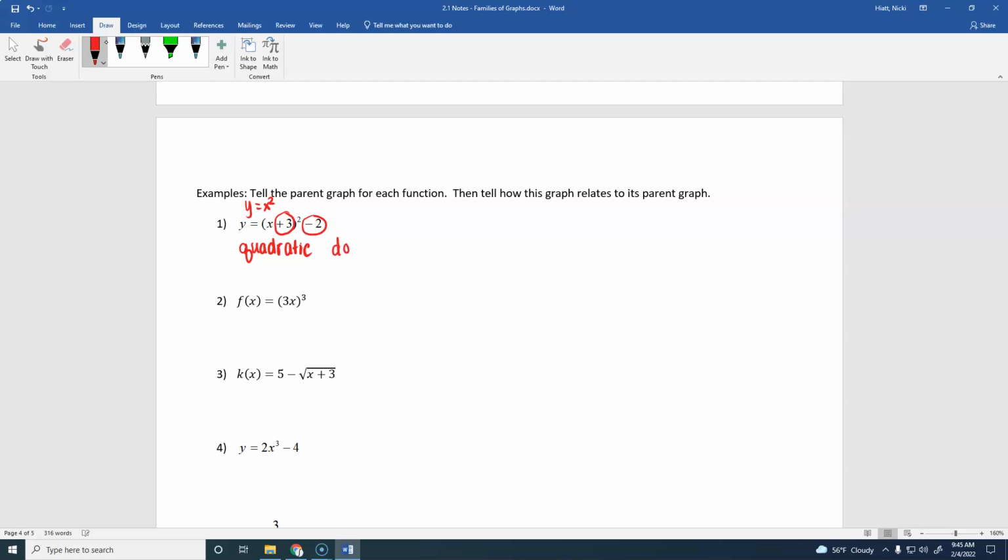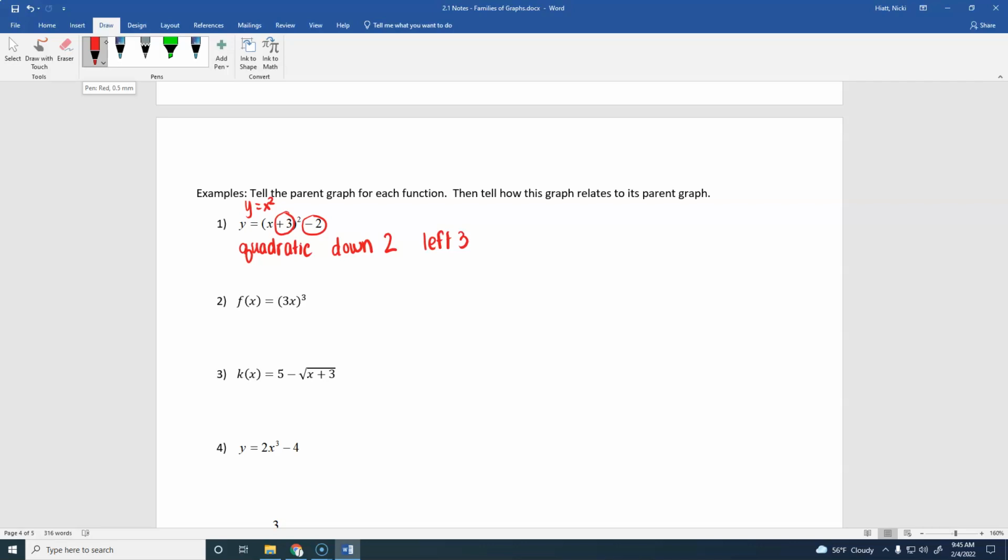All right, very good. So that minus 2 is going to shift it down 2. Braden, what else has happened to this? Very good, also to the left 3. Remember, on the inside of the parentheses, it's backwards. So if you see a plus 3, it actually goes in the negative direction, which would be left